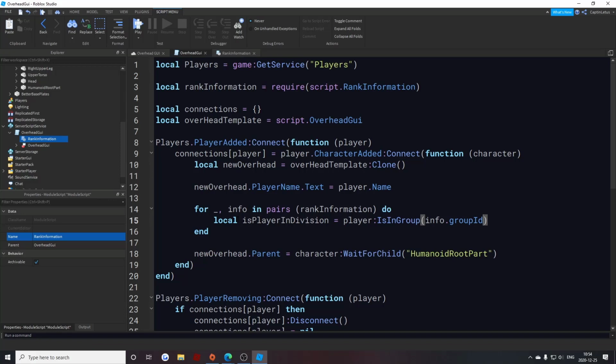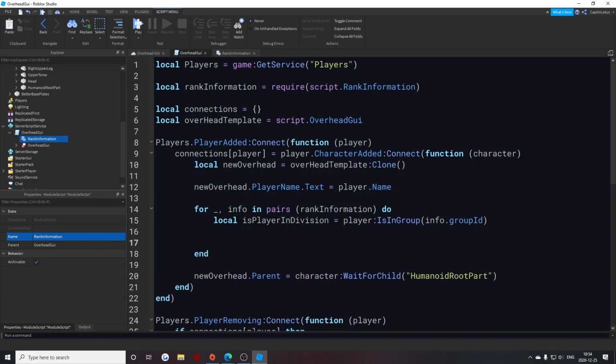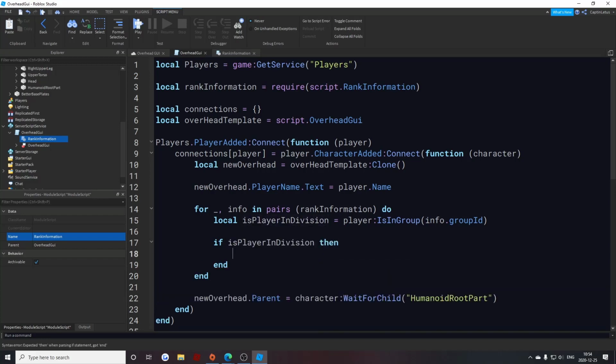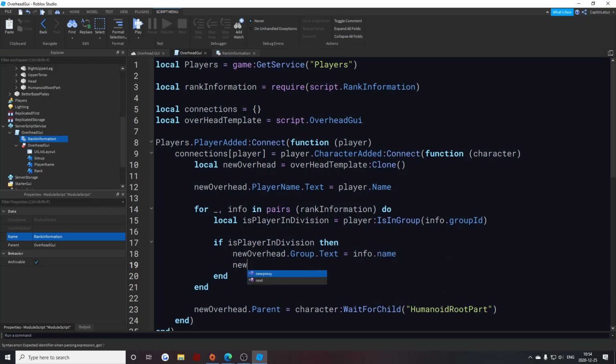So this will tell us if the player is in the division, and if playerInDivision is set to true, then we want to update our text in our overhead GUI. So we want to do newOverhead.Group.Text equals info.Name, and newOverhead.Rank.Text equals player:GetRoleInGroup